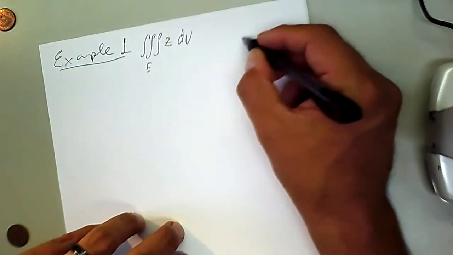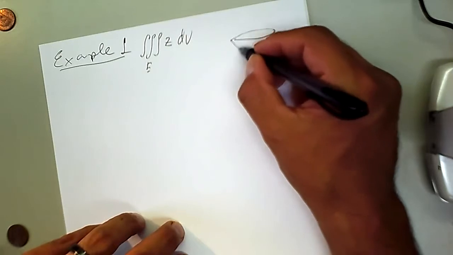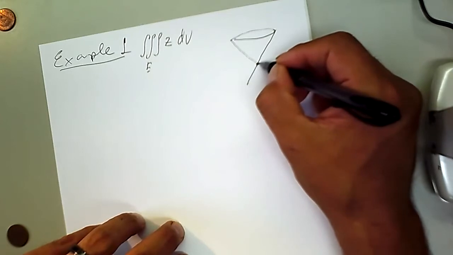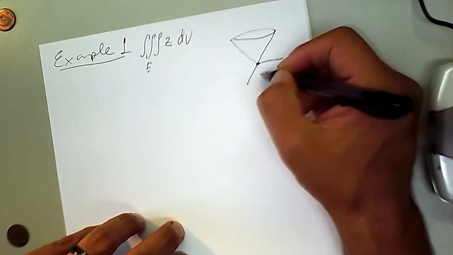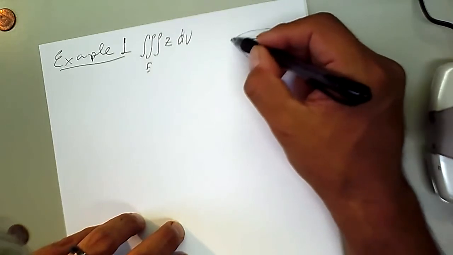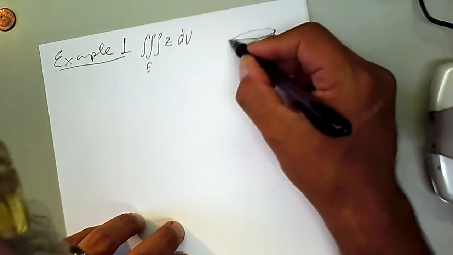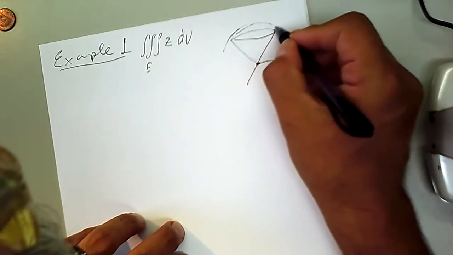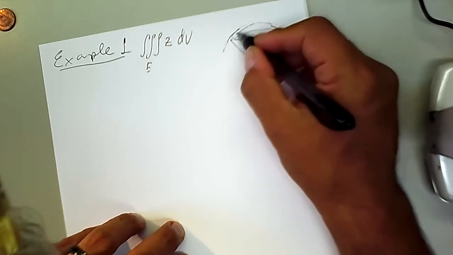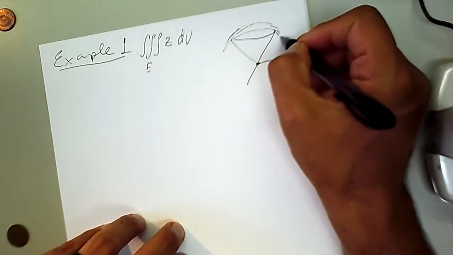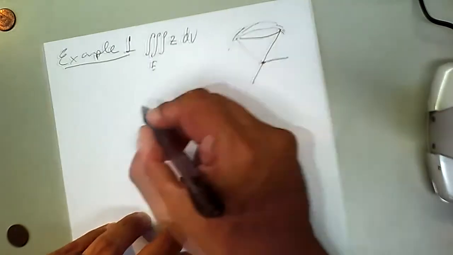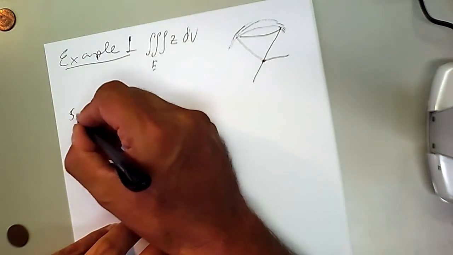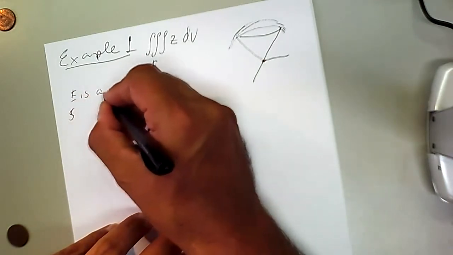And we're going to have a cone where the bottom of the cone is on the origin, and on top of that we're going to have a sphere, and the radius of the sphere will be the square root of 2. So the cone, so E is a solid